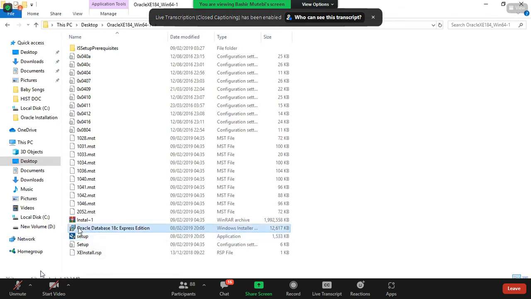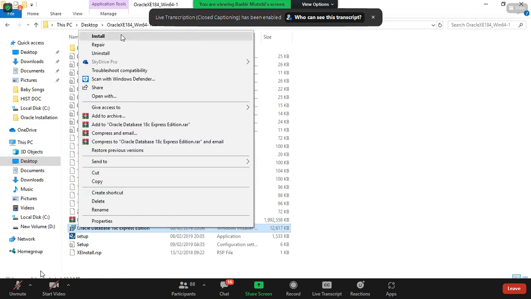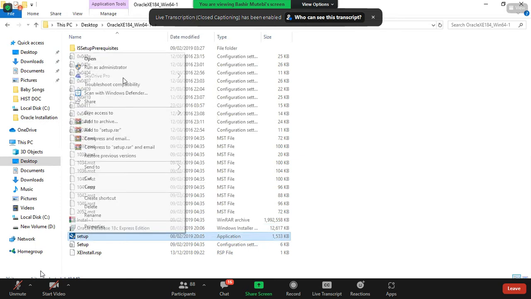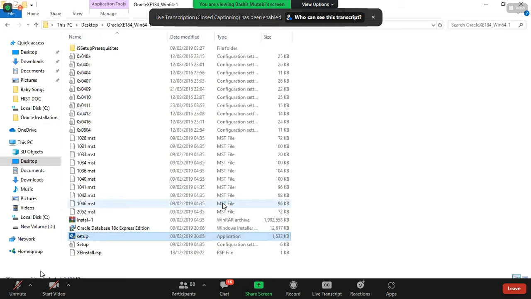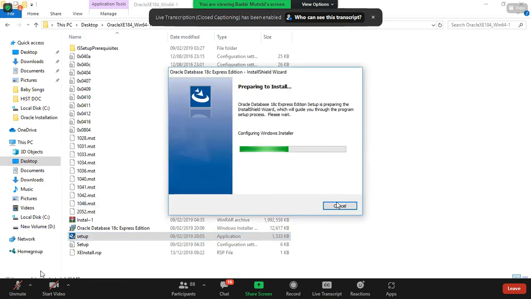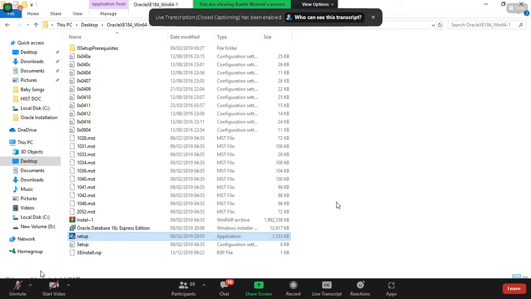When you do this, right click on it and you choose install. Or when you go to the blue one, you can right click and say run as administrator. The computer will prompt you or not, but when it does, you say yes. It will be preparing to install. I don't want to reinstall again because I already have it on my machine. So when you click that install,